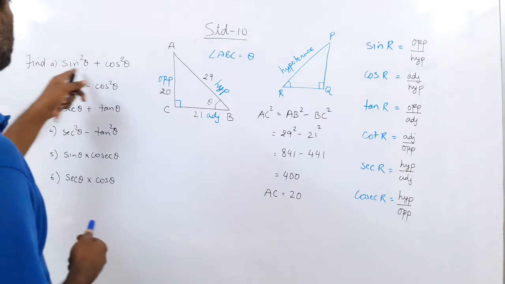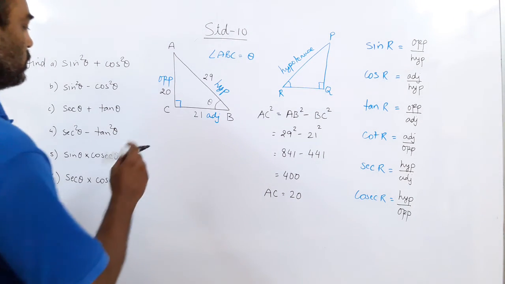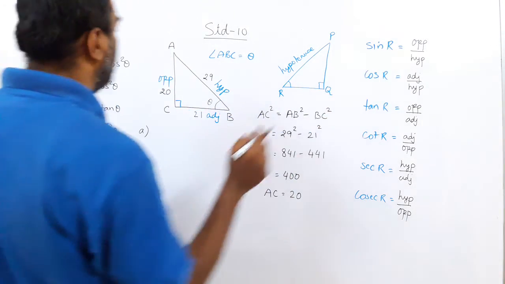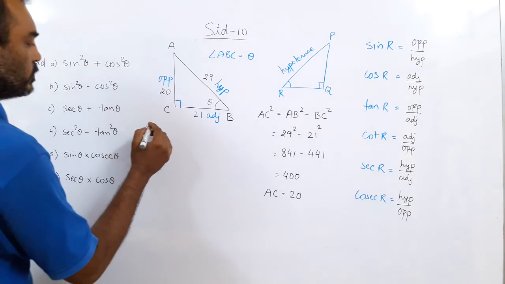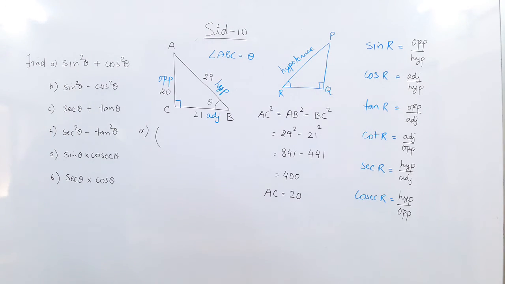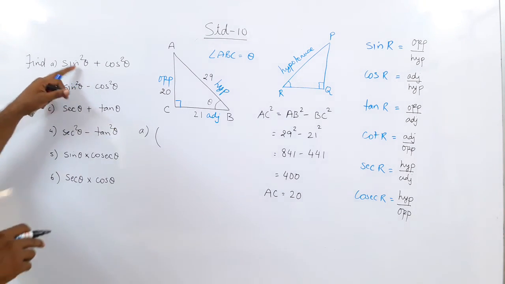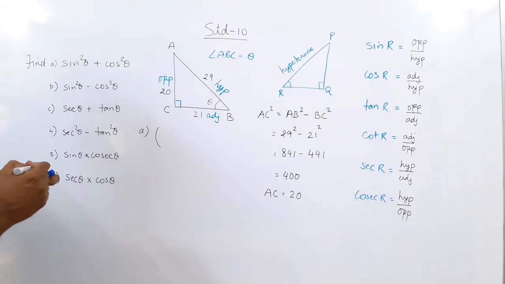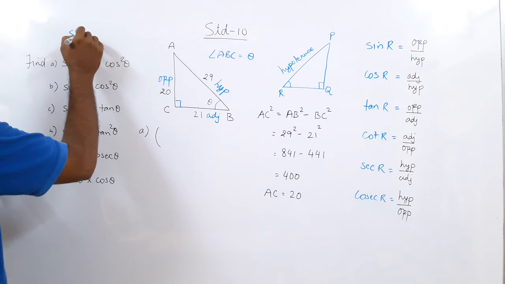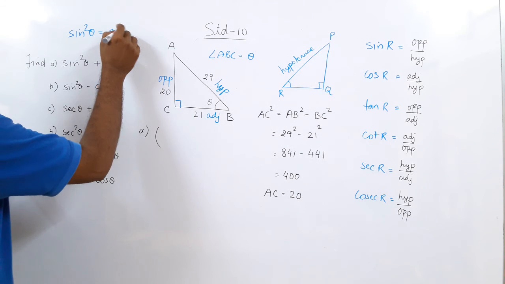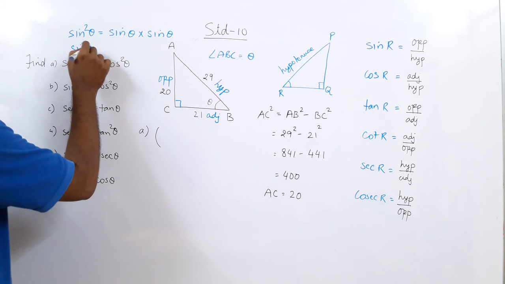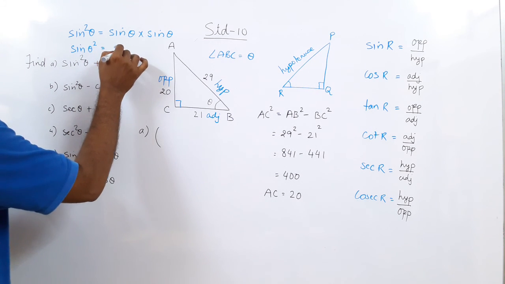The first one: sin square theta plus cos square theta. So what is sin square theta? Sin is the ratio of opposite upon hypotenuse. First write down sin theta. What does sin square theta mean? Read it properly, there is a difference here. I will just bring it to your notice and we will understand that later. Sin square theta means sin theta into sin theta, and sin theta square means sin of theta square.